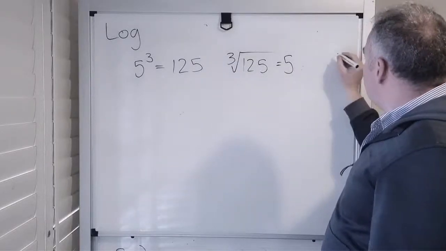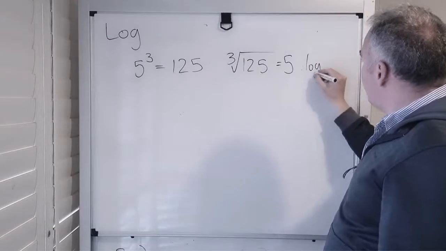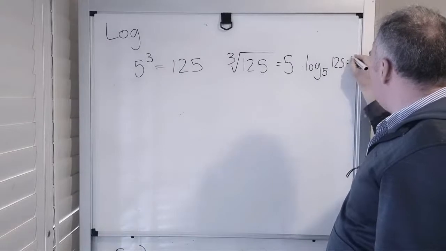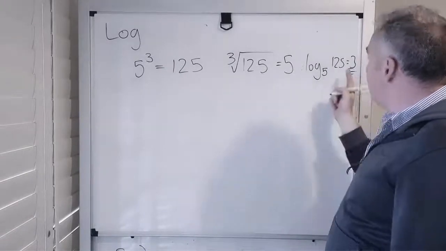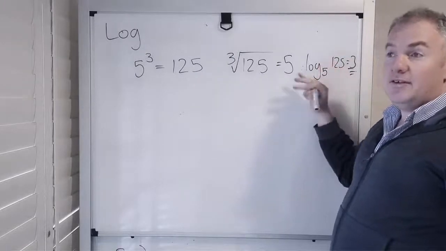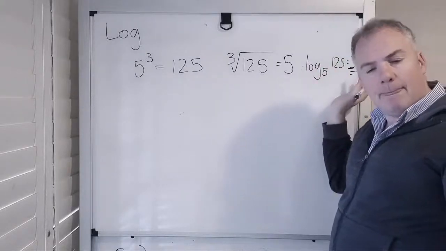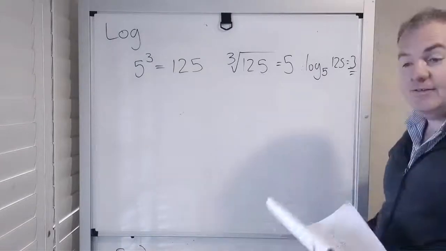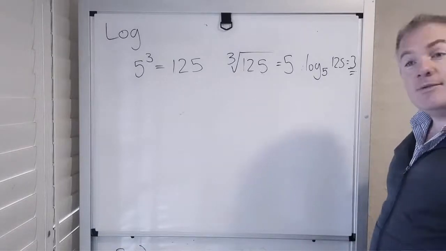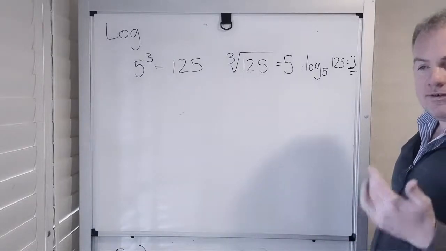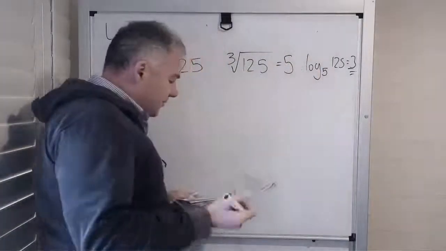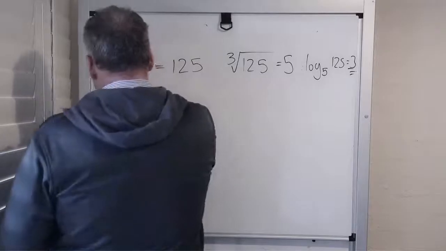And so the log base 5 of 125 equals 3. And that's what the log does. It makes the thing we're trying to find the subject of the equality. That's the key value that logs do. And they follow the same rules of index laws, just like the rest. So if you want to do the multiplication one,